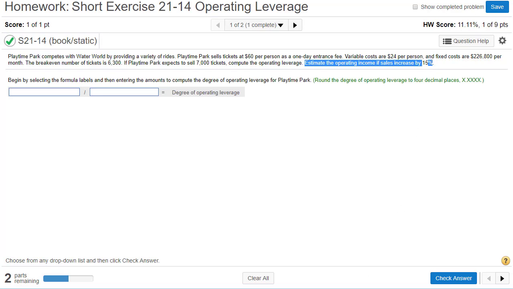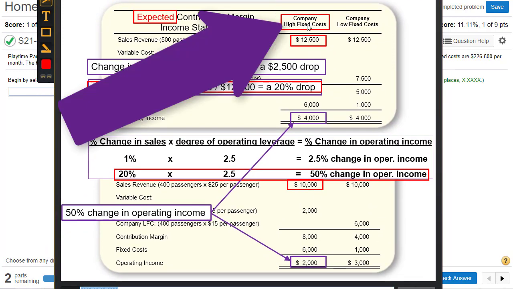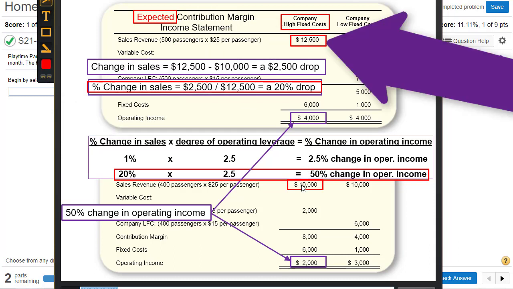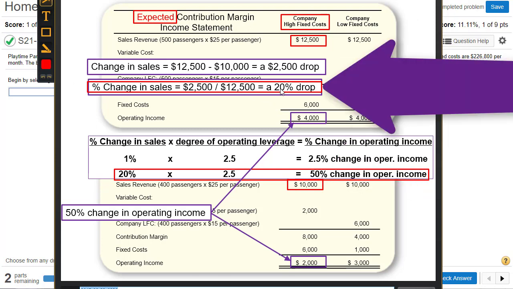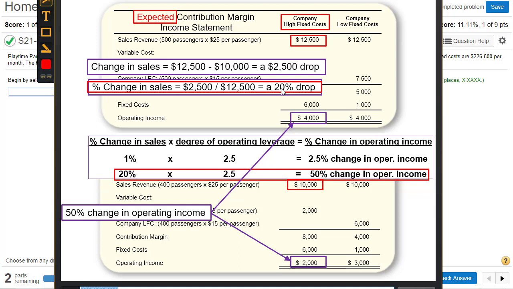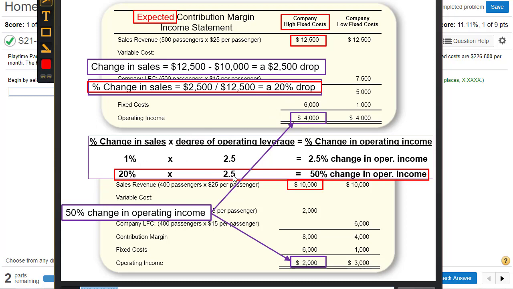So going back to our slides from the previous lecture, remember we had a company with high fixed costs, and we found out that their sales dropped from 12,500 to 10,000, which turned out to be a 20% drop. So then we calculated, since they had a 20% drop, what type of change there would be in the operating income. The way we calculated that is we took the 20%, the percentage change in sales, and multiplied it by the company's degree of operating leverage, 2.5, and that gives us the percentage change in operating